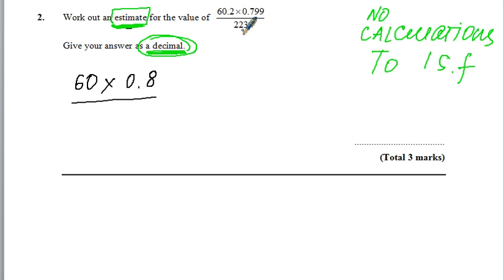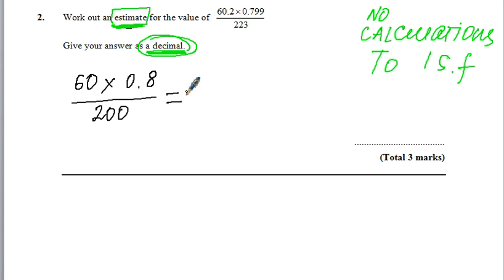223. Round it to one significant figure. The first number from the left which is not equal to 0 is 2. So it will be hundreds only, right? And the next digit is 2, which is less than 5. So I'm rounding to 200. Okay? So